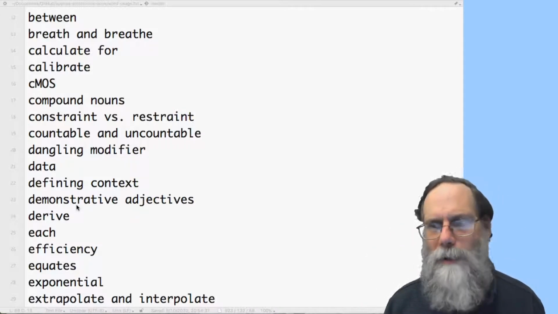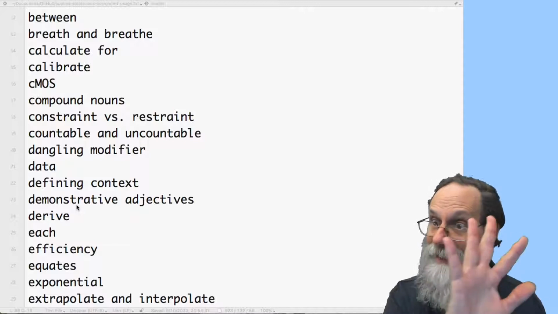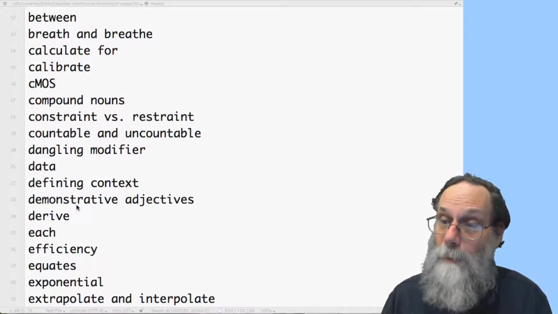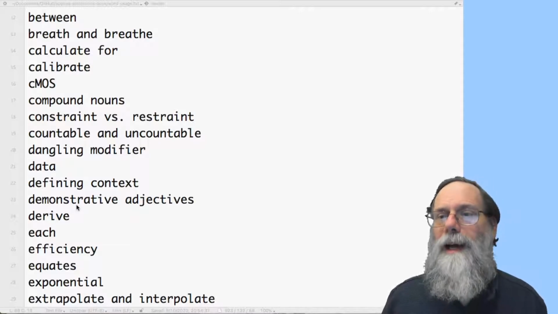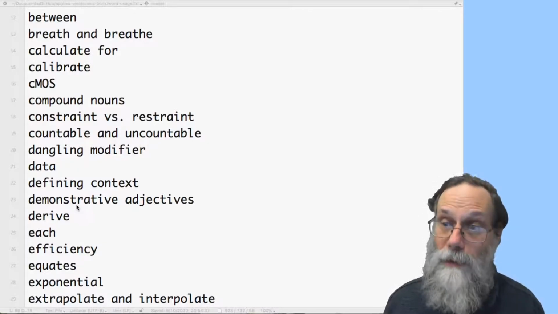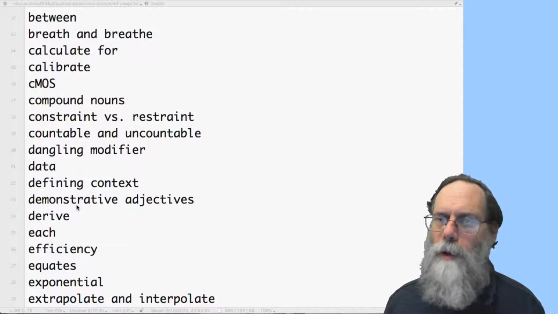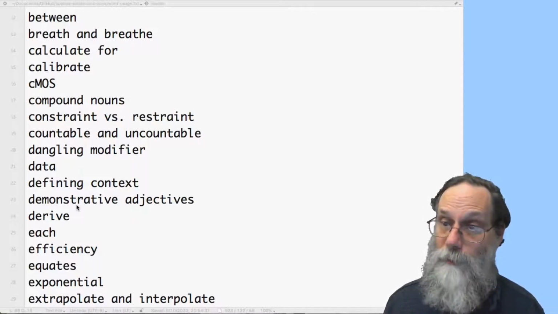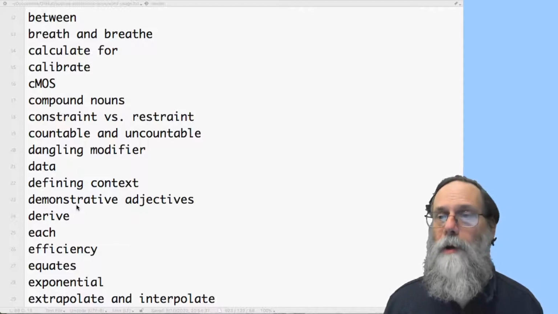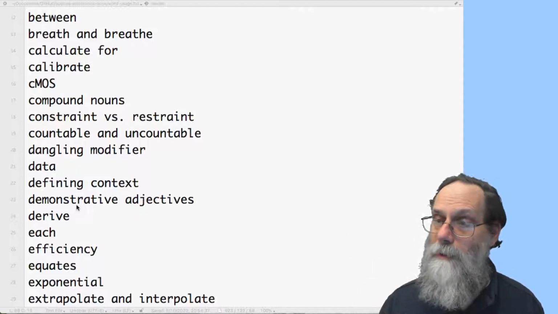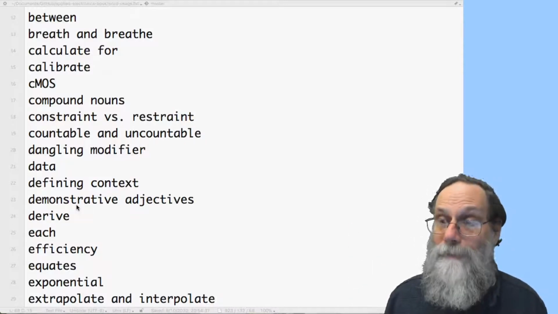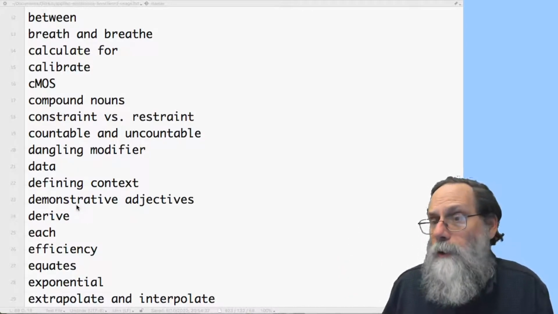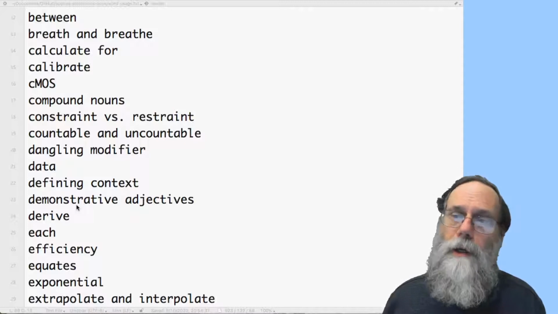I can also use them as pronouns. I can talk about these without any noun, so it becomes a pronoun. It replaces a noun. However, in technical writing, pronouns are always a little bit iffy. It's very difficult sometimes to figure out what the antecedent for the pronoun is. So when I'm talking about these what? You saw my hand wave across there, but if you just heard me, you'd have no idea what I was referring to. So instead of